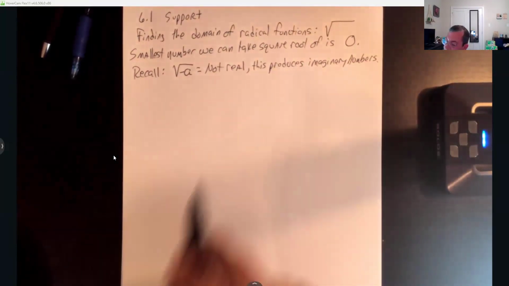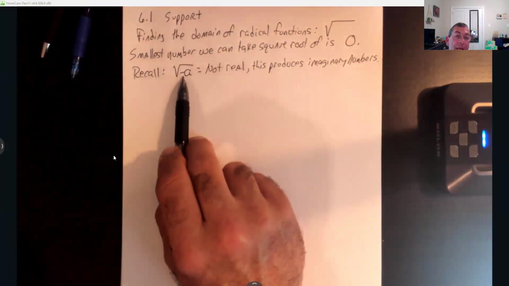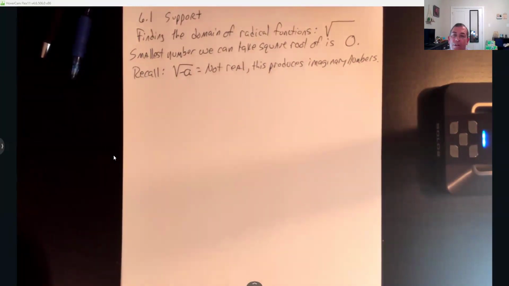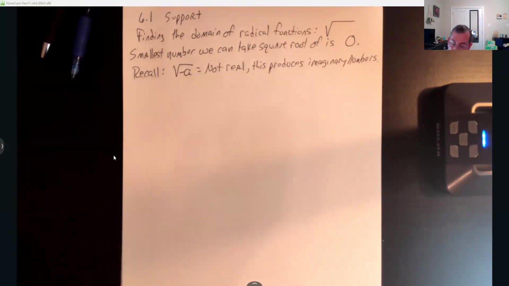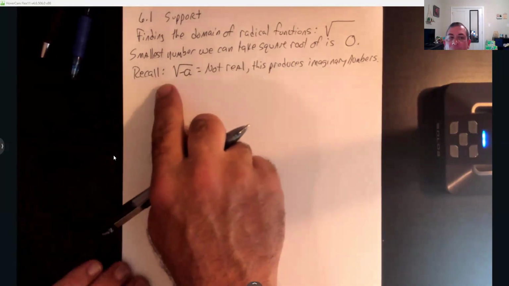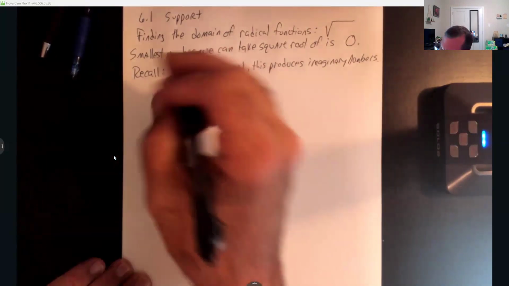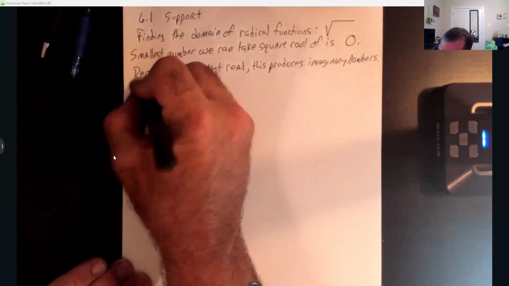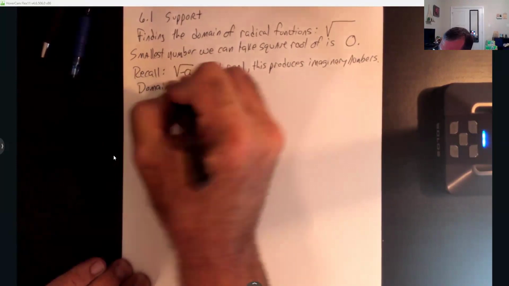Okay. And all that means is I cannot take square roots of negative numbers because there's not two numbers I can multiply together that's the same number that'll equal a negative. Like signs are always positive. So when I'm looking at a function, the domain of a radical function,